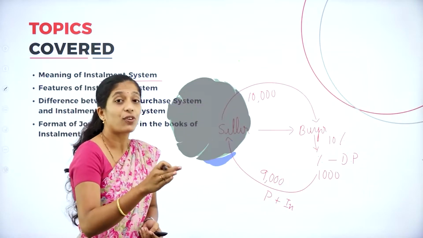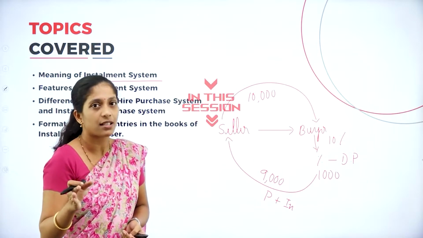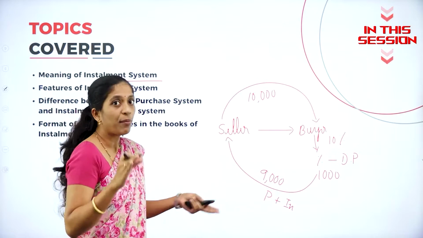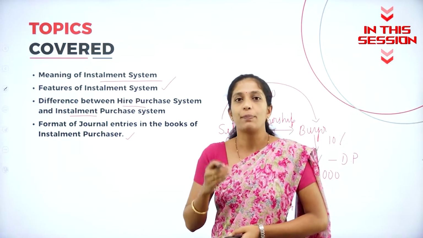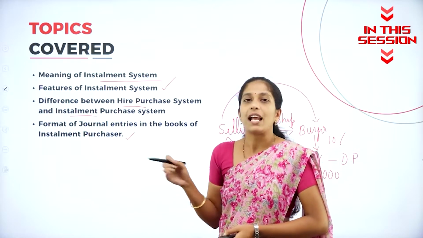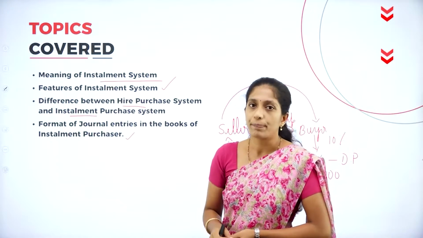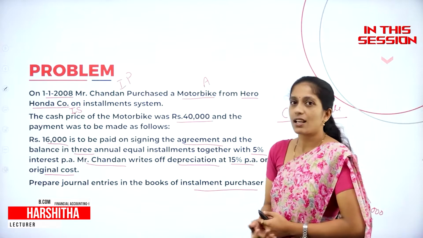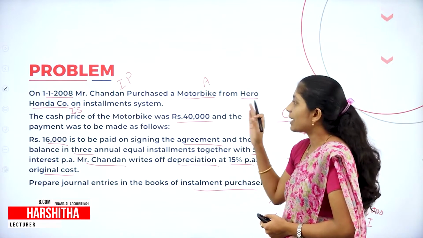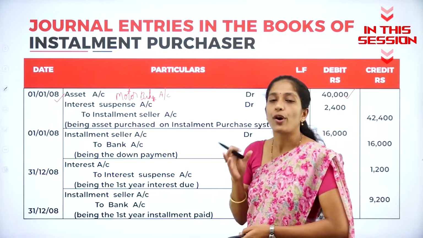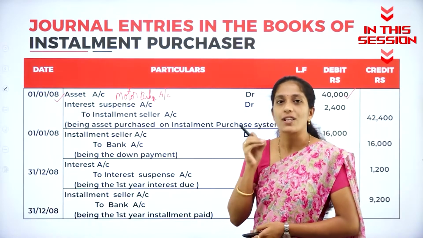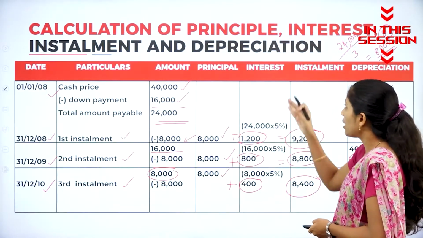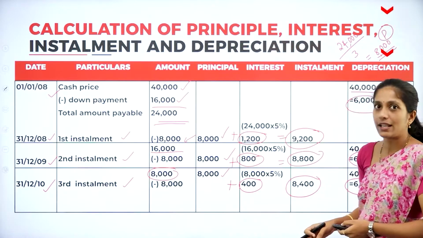So what is the difference between hire purchase system and installment system? The procedure is same. In today's session, we shall solve a problem relating to journal entries in the books of installment purchaser. What they have given in the problem: installment purchaser is Mr. Chandan, installment seller is Hero Honda Company. Interest suspense account. Now what you are going to write for this account? What is the amount? So if you add all the interest of all the 3 years,